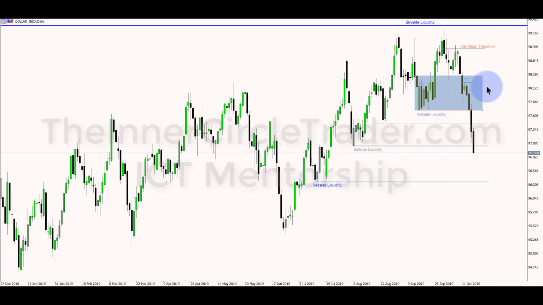But look at the contrast between the daily ranges. Yes, they were going lower here and here, but now look how they open up. Big ranges, because there's no resistance over here. I mentioned this one here. It wasn't even a speed bump. Sliced right through it like a hot knife in butter. Very little resistance at all. Just went right on through it and gunned the sell side liquidity pool here.